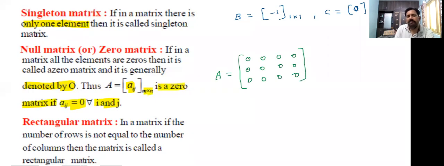How many rows are there here? There are 3 rows and 4 columns. Order of the matrix, how much? 3 by 4. It is denoted by O, null matrix. O 3 by 4 means null matrix of order 3 by 4. Okay, students. Next,